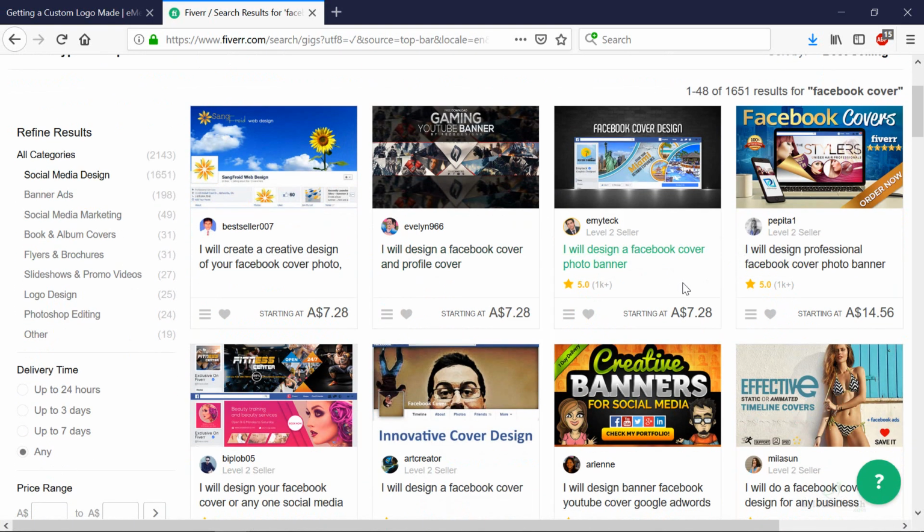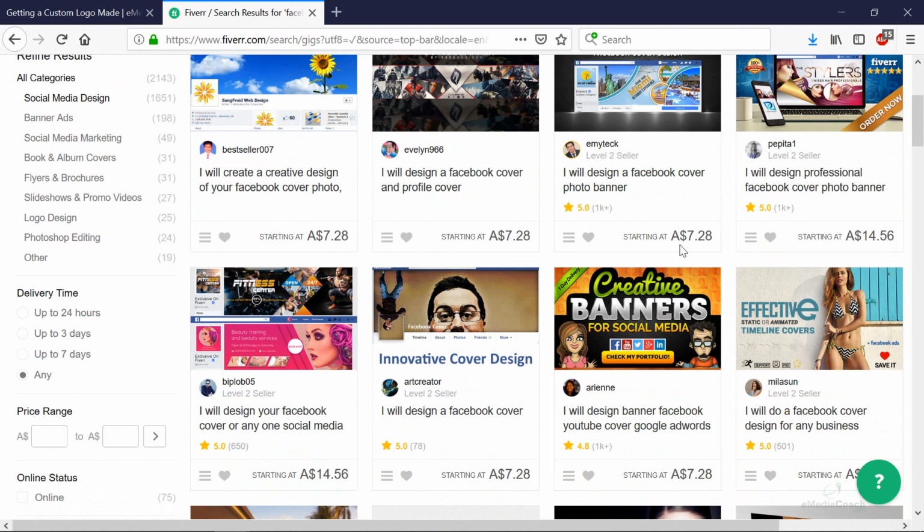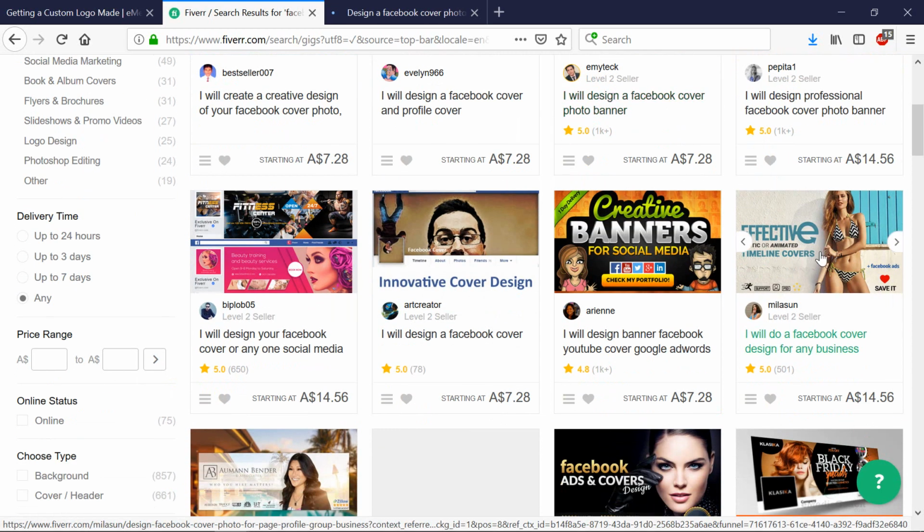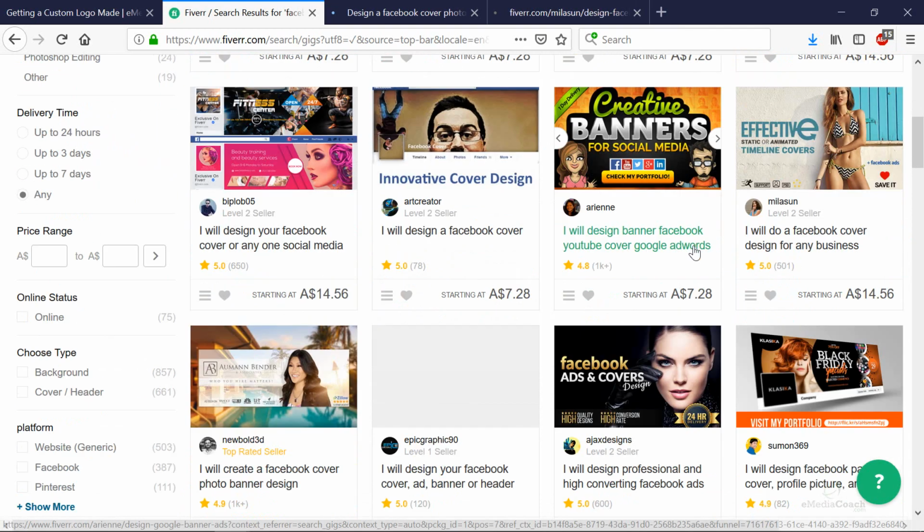So if I do that here, you'll see that a lot of sellers will design a Facebook cover for as little as 5 to 10 American dollars, and this is in Australian dollars, so it looks like it's a little more because of the exchange rate. And so if I just open some of these in a new tab, I'll open this guy, I'll open this guy,